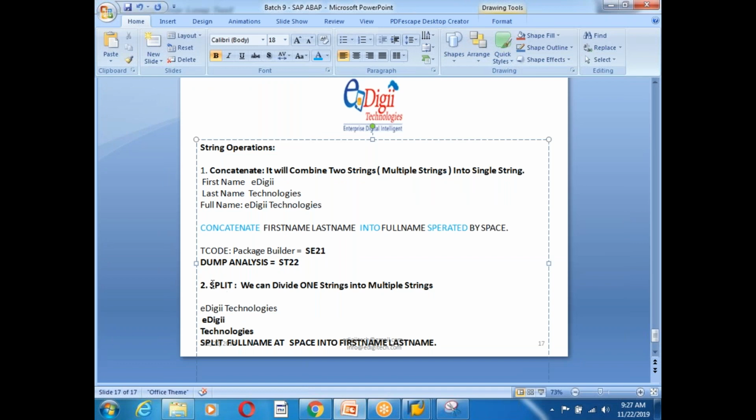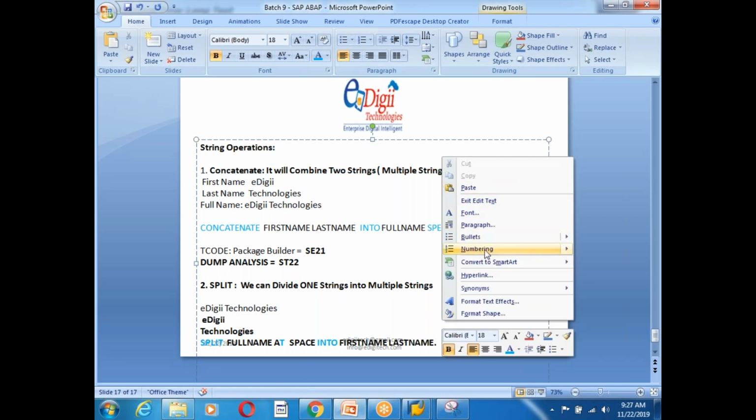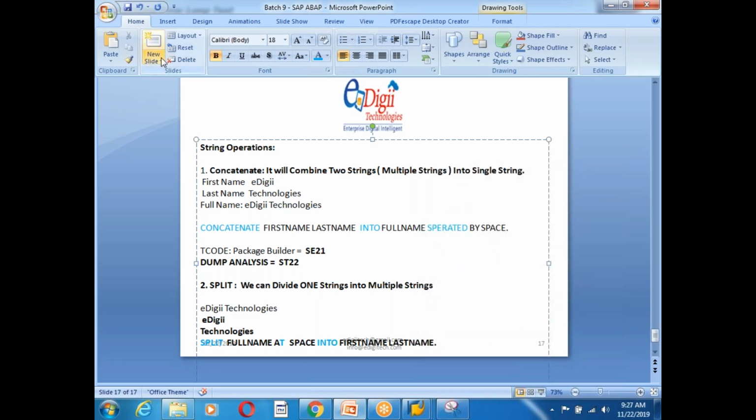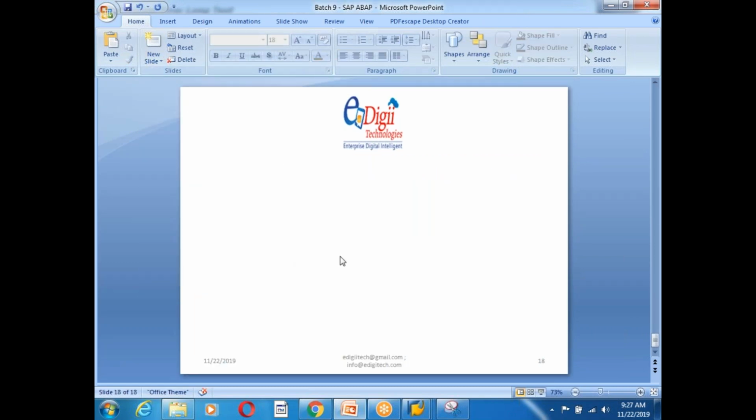And maybe we are at the split, and we are going to split. This is the second kind of string operation, guys. Second kind of string operation. So keywords are these. That's it. The second operation is the split operation. Maybe I'll go to the next operation. We have the